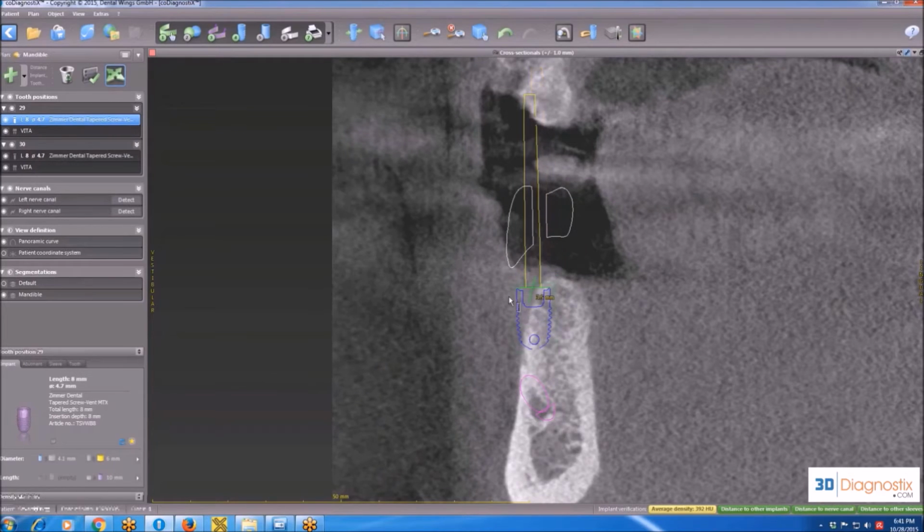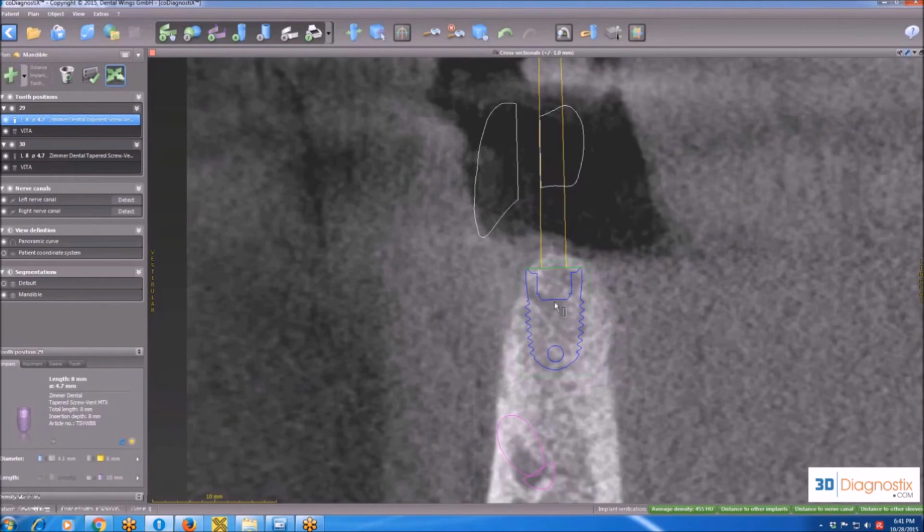I will click on the Modify Object button to start moving the implant. Then, I'm going to move the implant a little bit apical to be in bone. It's obvious that this size is a bit wide for this case, so if I need to change the size of the implant, there is a shortcut on the strip at the bottom of the screen that you can see